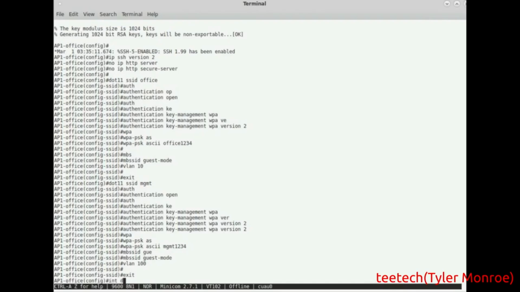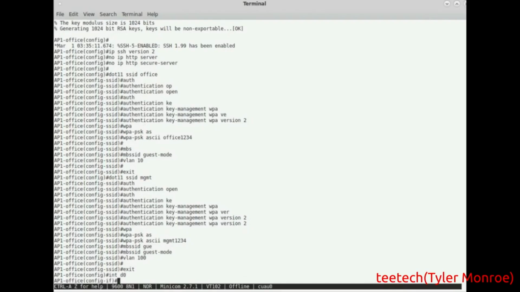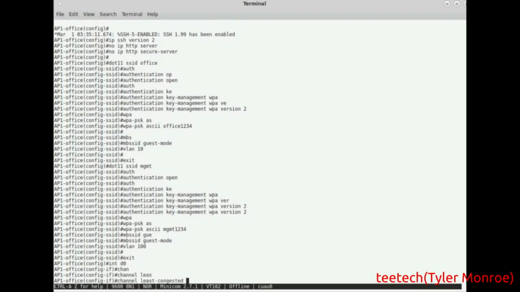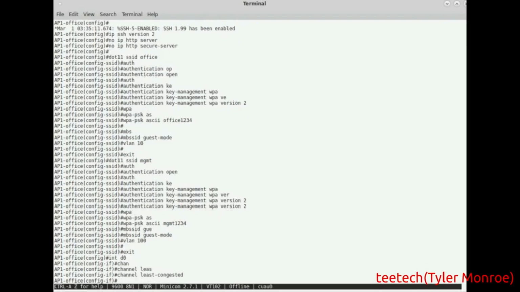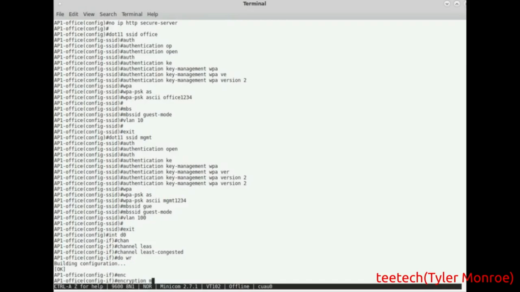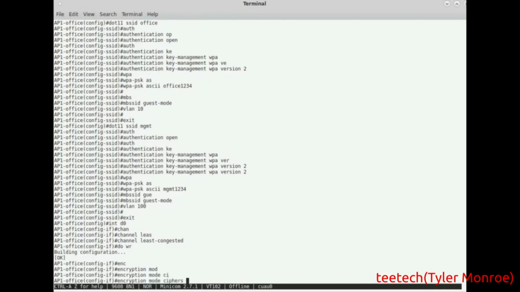So now we have to go into the physical interface. And this just sets the frequency it's going to use. As well as, here we're saving the config. I save my config when I just group them together, how I feel, and then just save it there. This sets up the